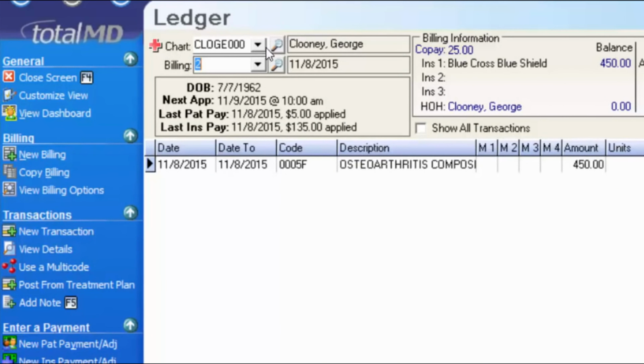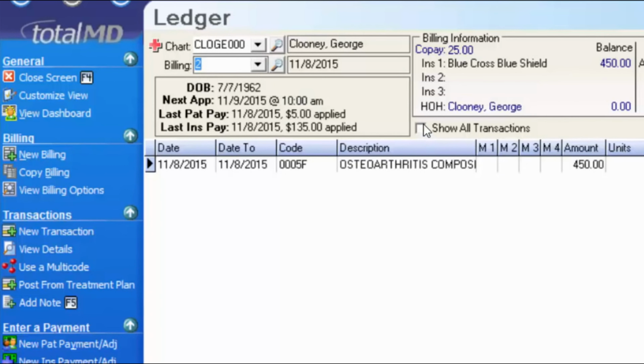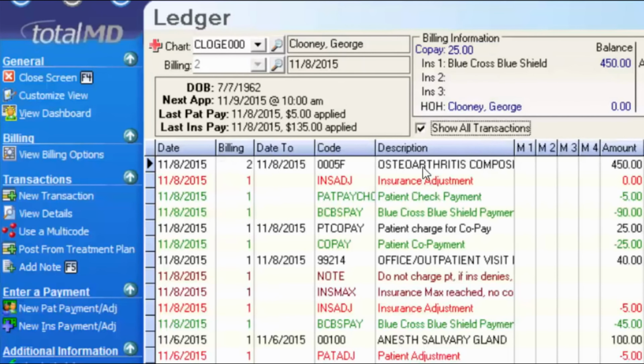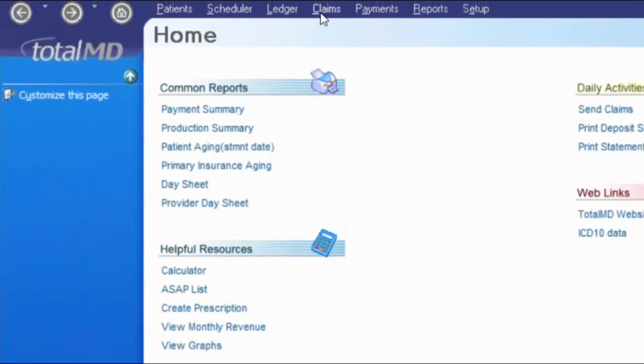Now that I have two separate billing numbers, I do want to point out I have a button to click, Show All Transactions, and it will combine all of the billing numbers in one view. If you do not have the option to show all transactions in one view, the chances are that you're on the basic version of our system, and you'll have to toggle between billing numbers in order to see the different transactions. I'm going to go ahead and get out of the patient's ledger now and go to our claim screen